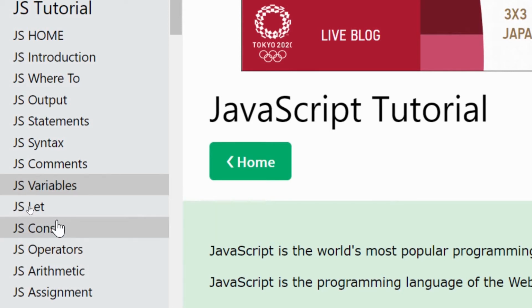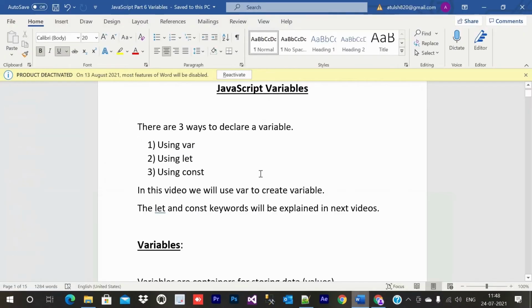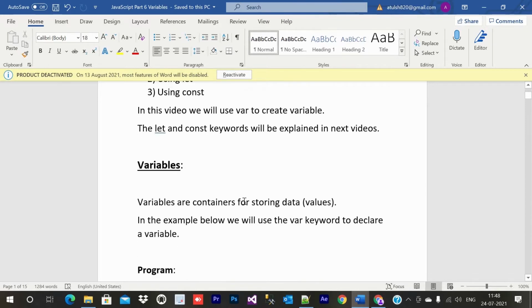In future videos you will be able to learn about let and const also. So let's just go very fast. There are three ways to declare a variable: using var, using let, and the third one is using const. Using these three keywords you can declare or create a variable. Just keep that in mind. For now we will discuss and show you practically how you can create or declare variables using var keyword. In let and const keywords will be explained in next videos.